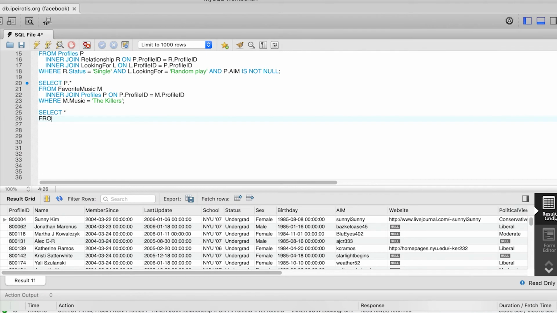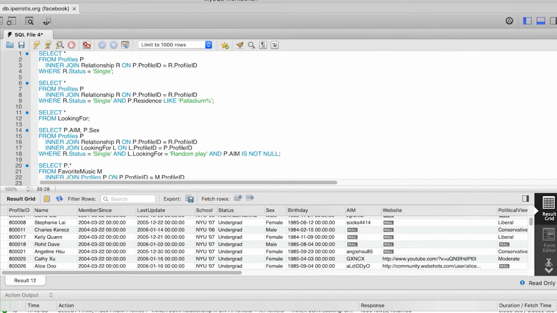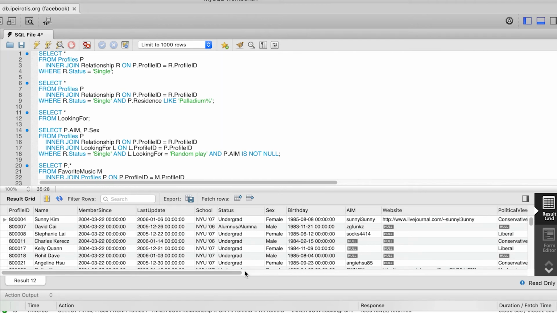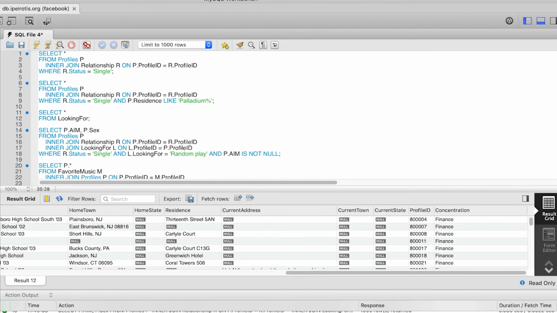Now, let's try to write this query. We first add the profiles table with the information for the student. So we go select star from profiles P. Next, we need to add the concentration table, which we're going to give an alias C, and we join on profile ID. So inner join concentration C on p.profile ID is equal to c.profile ID. Also, we want the concentration to be finance, so we go and add the where clause now, where c.concentration is equal to finance. If we execute the query, we get back the students that have declared finance as one of their concentration. Of course, this is not sufficient for what we want.